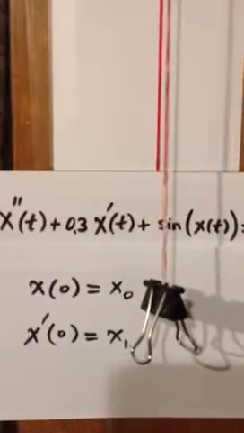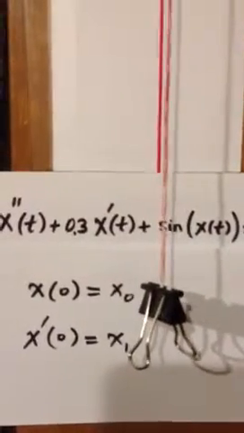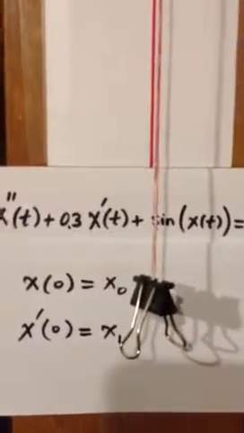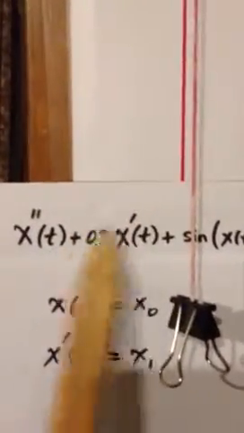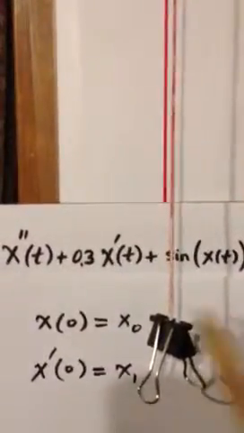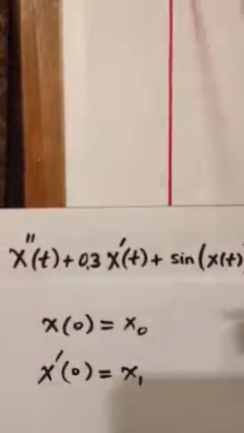Actually, it's divided by the mass, so we're assuming mass is 1, and this whole thing causes the damping. If there was no friction, this will go on forever,